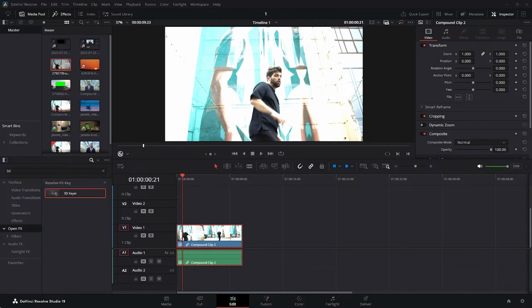In today's video, I'll show you how you'd be able to fix overexposed video in DaVinci Resolve. So let's get started. First of all, you'd be able to fix this overexposed video by duplicating